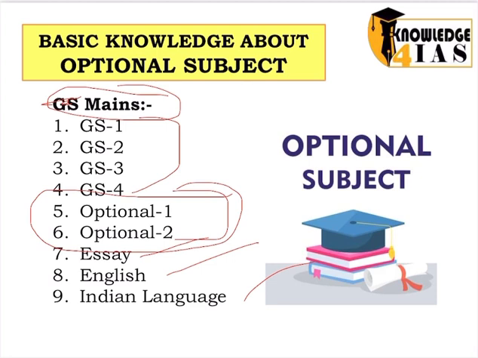Also one more factor is there, that the syllabus of optional subject is certain, the syllabus of optional subject is defined, and that is why you can have a kind of edge, or you can have a command over the optional paper, and that level of command is not possible in the papers of GS, because the papers of GS are a kind of uncertain paper. Uncertainty is more there in GS paper in comparison to optional paper.